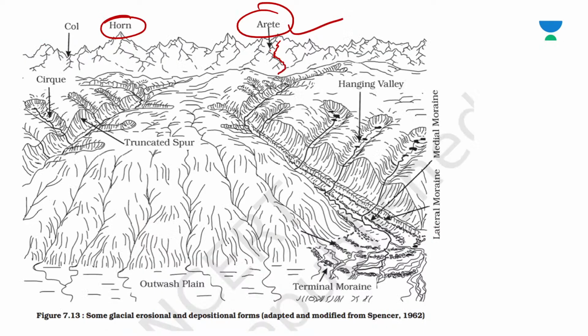Then we have discussed this diagram in detail: the horn, cirque, truncated spur, hanging valley, lateral moraine, medial moraine, terminal moraine and outwash plain. Then we have discussed glacial valleys and troughs, depositional landforms, where we have covered the moraines,